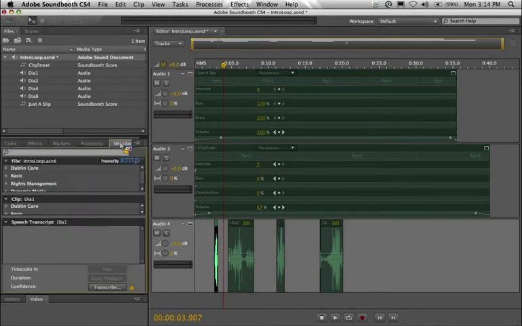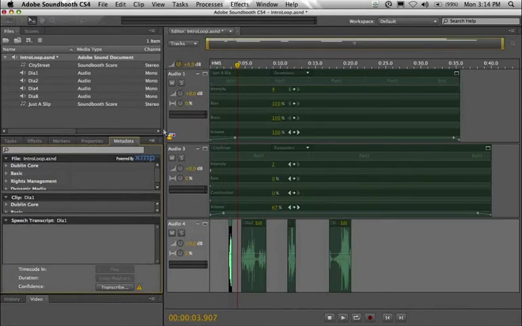So, excuse me. I'm just going to go into a new panel inside of Soundbooth CS4, which is called the metadata panel. I don't know if your company uses the XMP metadata format for any of your graphical assets, for tracking your photos, or your Illustrator files, or your InDesign files. XMP is a very powerful way of creating metadata and metadata templates and tracking your assets over a large content management network. But one of the wonderful new features of Soundbooth is the ability to not only identify